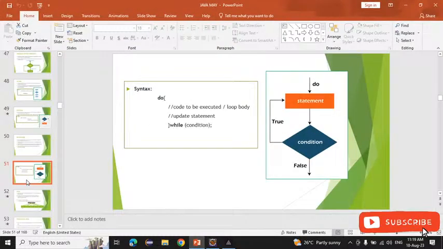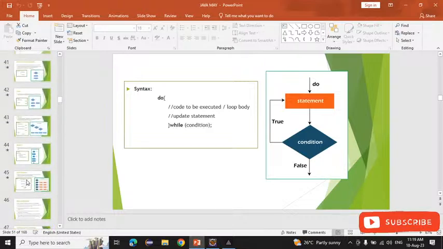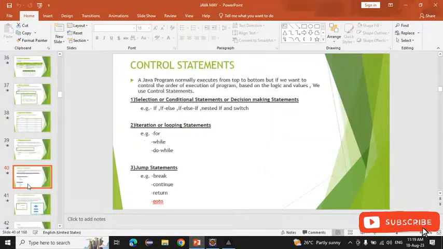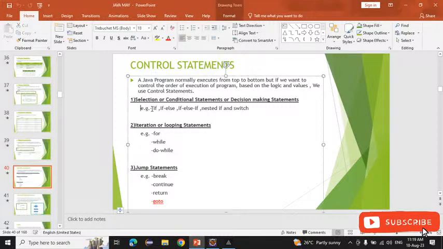Anyone have any doubt till here? Now here, inside the control statements, we saw if-else, else-if, nested if, and switch also. Anyone have any doubts in this one? I will explain it again. In the conditional or decision-making statements, in the iteration,